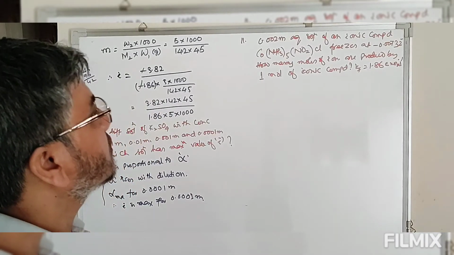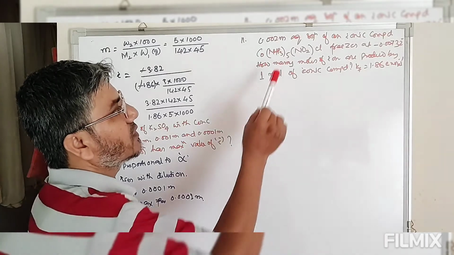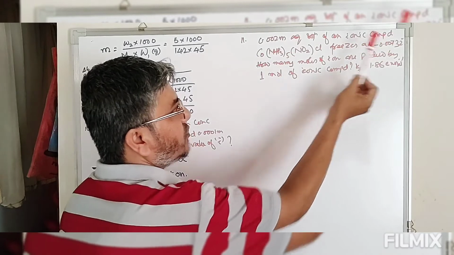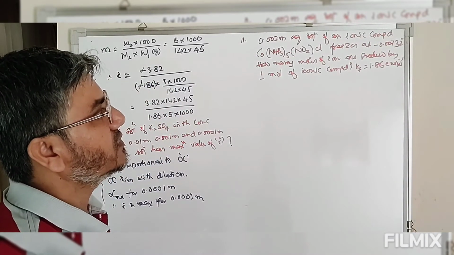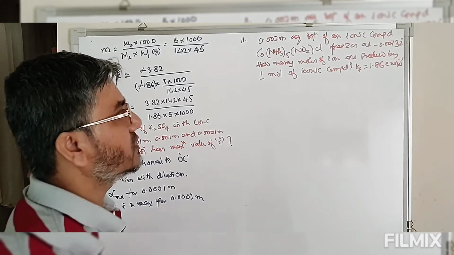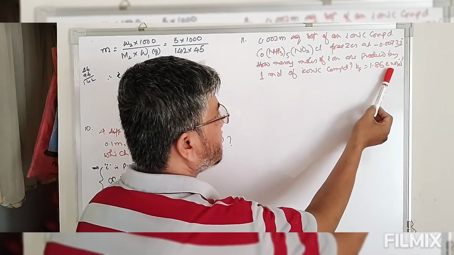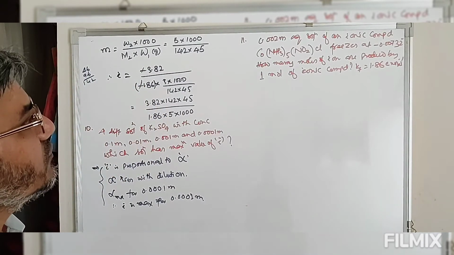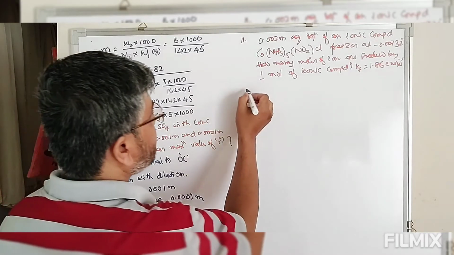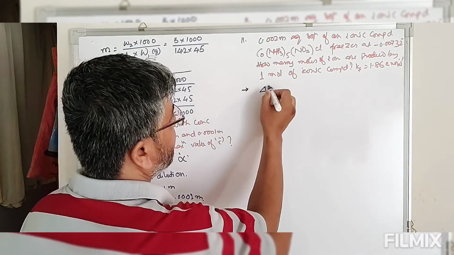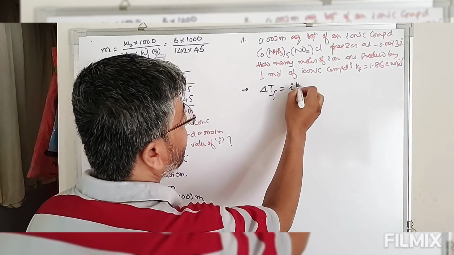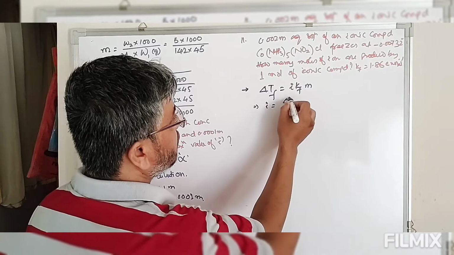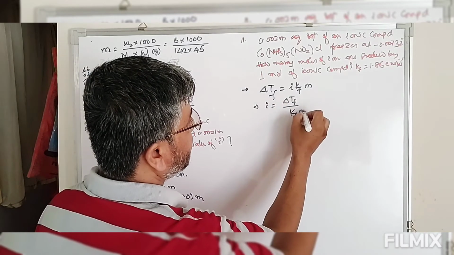So now look at this, concentration of solution is given. Question clearly says this is an ionic compound. Depression of freezing point is 0.00732 Kelvin, sorry, degree centigrade. Kf of water is given. So how many moles of ions will be produced by 1 mole of this ionic compound? So now since depression in freezing point is given, we have to use delta TF. So delta TF is equal to I times Kf into M. So now look at this, I is equals to delta TF divided by Kf into M.